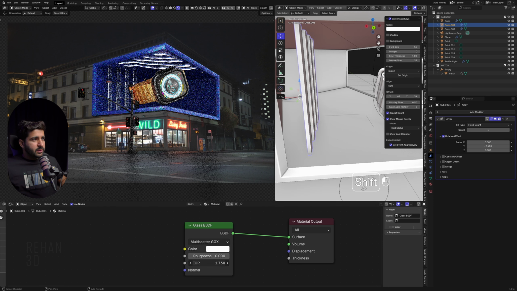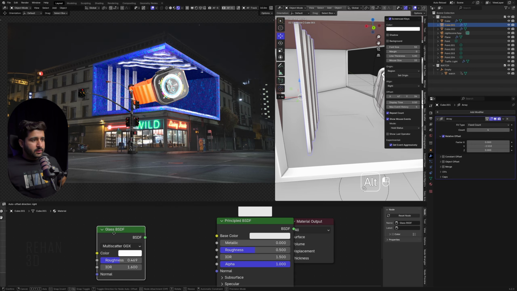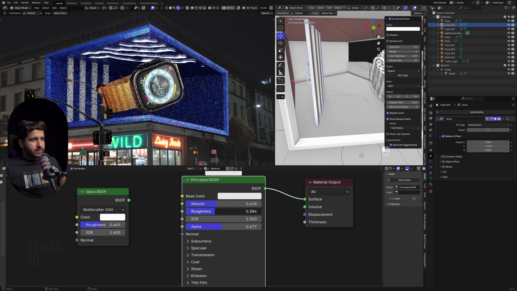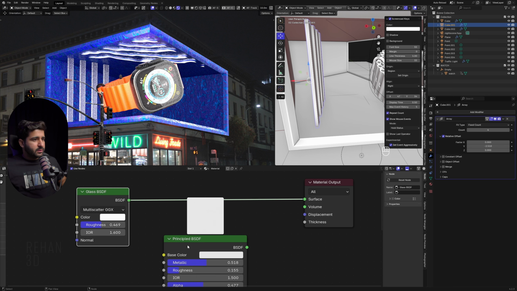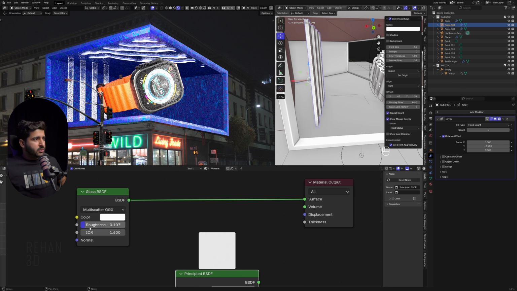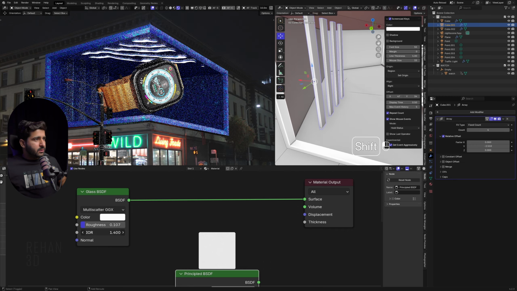If you don't want it, simply add a principled BSDF. But this is also not working. Let's keep it like this, and we just remove this, similar to the result I am looking for.